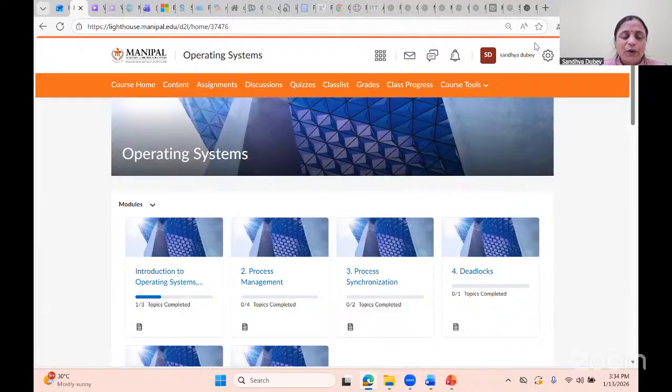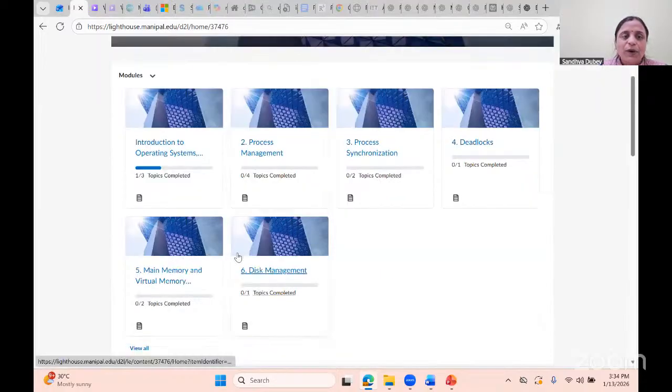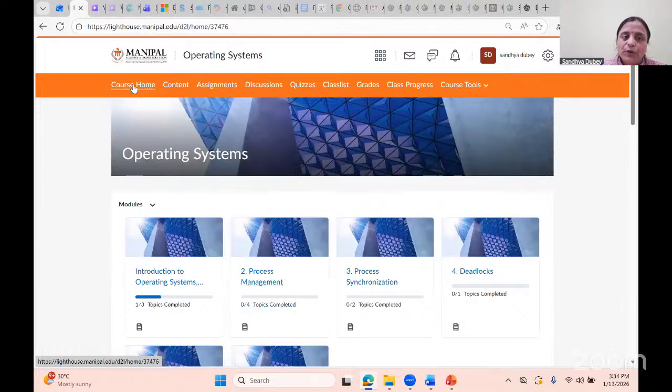This is my home page, where you can see the different modules. Initially, we go to the course home and upload our course plan for the 36 hours. Accordingly, we design the different modules, and for each module we have one unit. In each unit, you can upload the PPT for that module, the textbook, all the reference material, and the lab requirements. Complete things will be available in this LMS, accessible by both faculty and students.